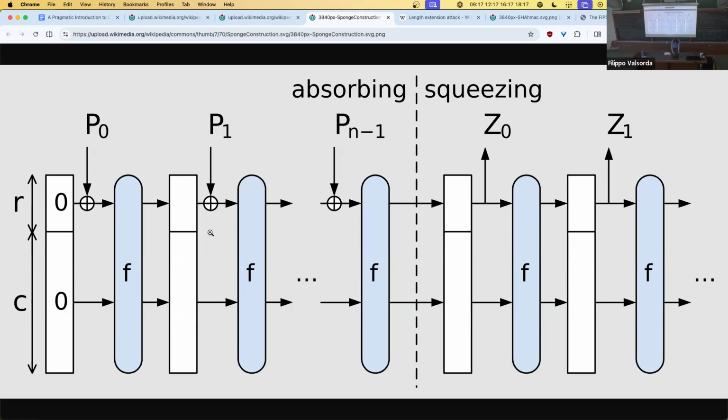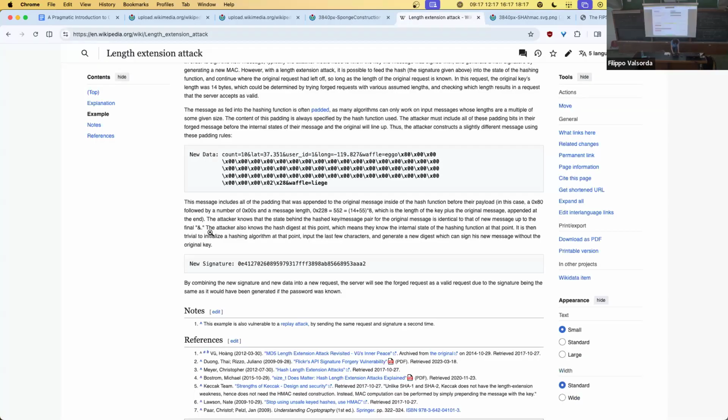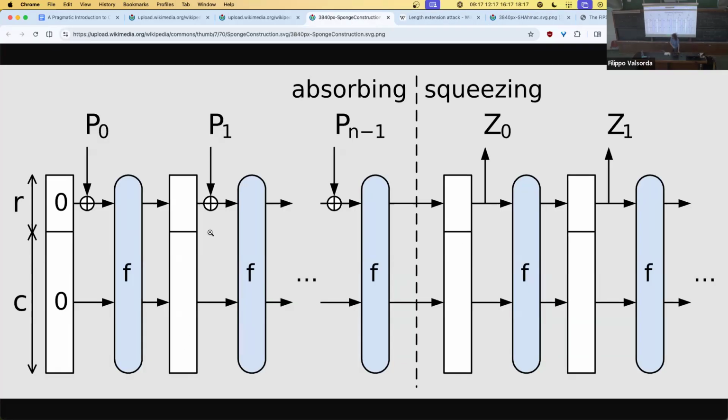Okay, so we built a hash. What do we build out of it? Well, you try building this. We share a key, and we're trying to make sure that a message that we exchange does not get tampered with.